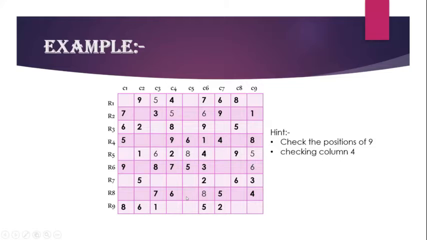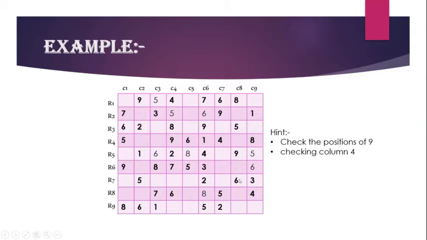Now if we look at block 8, we can't predict where 9 comes, because block 8 is a combination of column 4, column 5, column 6 and row 7, row 8, row 9. If we check column 4, we already have 9 in it, and column 6 is already filled. So we have 3 possibilities for 9 in this block. Meanwhile, checking the row, we already have placed 9 over here. So in R7C5, 9 cannot be placed. So now we have two possibilities, but we cannot predict where 9 comes. So let's do it at last.